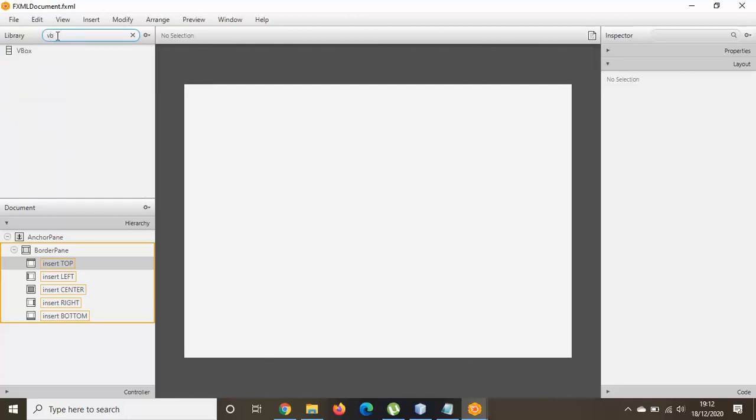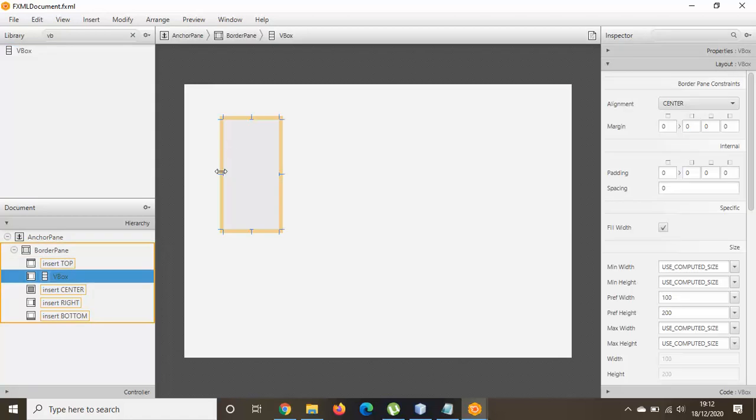V box, vertical box inside the left. So it means if I put a vertical box here,